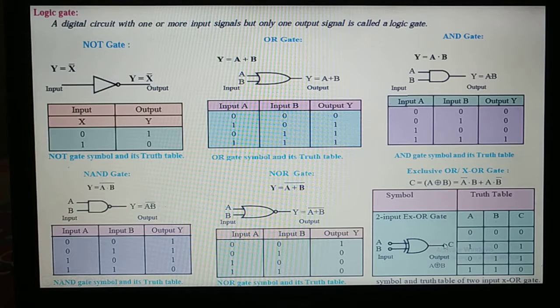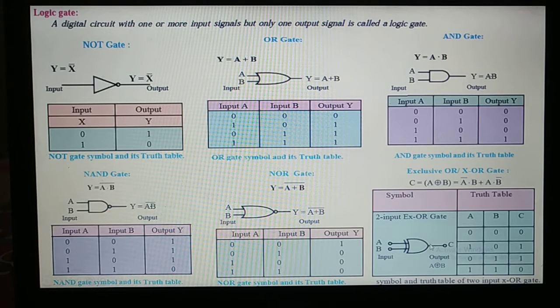First let's see its symbol. Two inputs, one output. This is similar to the OR gate, right? It is the symbol of the OR gate, and in front of the symbol we mark one more curve. So this will be the symbol of XOR. What was NOR? For NOR, we used the OR gate, and in front of the OR gate we put this bubble which represents a NOT gate. Now here, for XOR, we use the basic OR gate and put this curve in front of it, which represents XOR.